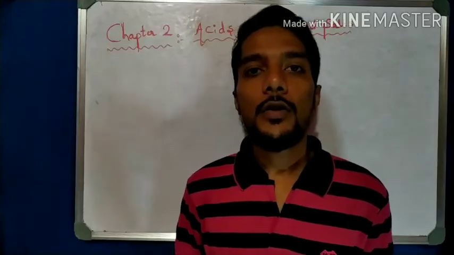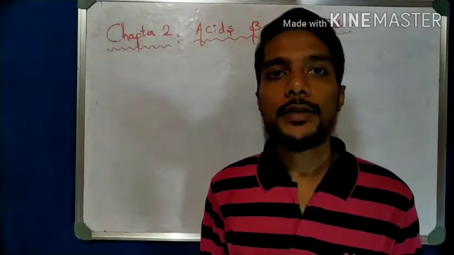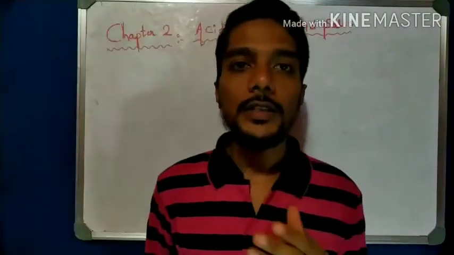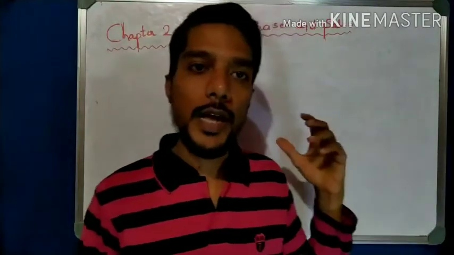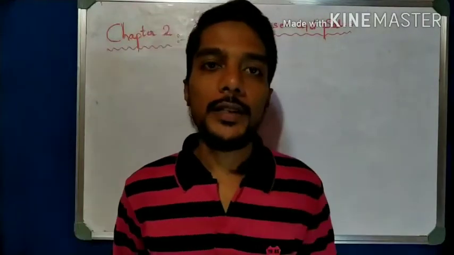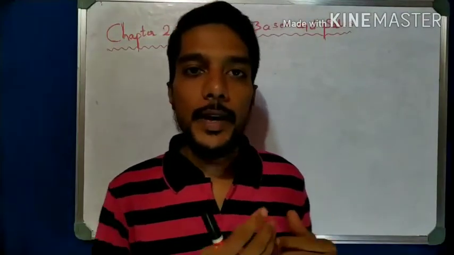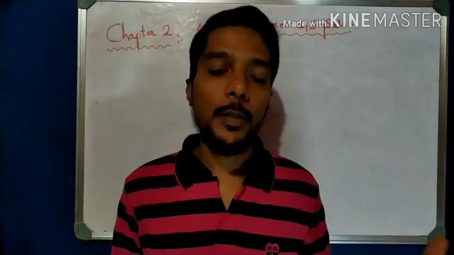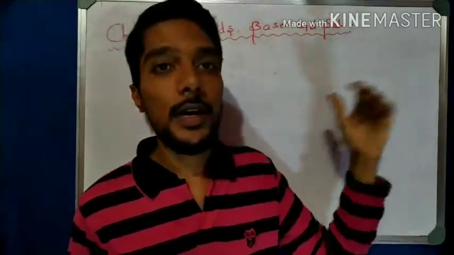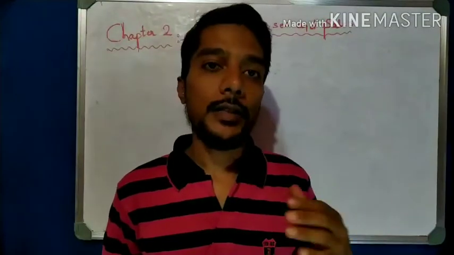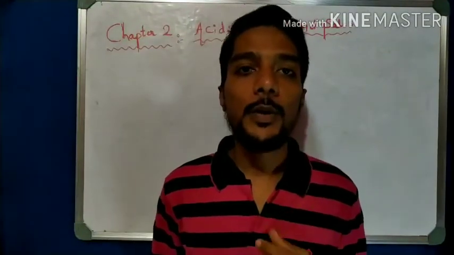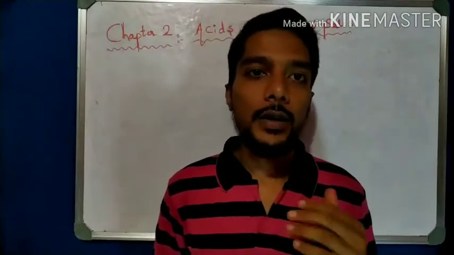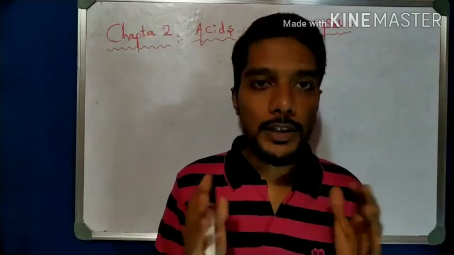Hi students, now take chapter number 2 of class 10 science, that is very important: acids, bases and salts. In this chapter we learn three things. One is about acids, the definition of acid and the chemical properties of acids. The next part is about bases, the definition of base and the properties of base. And lastly, in the last part is salts, about bleaching powder, baking soda, washing soda and plaster of Paris. So these are all the chapter concepts covered here.